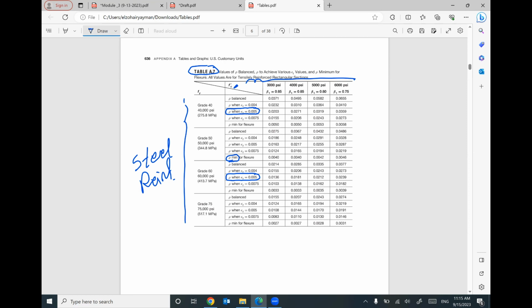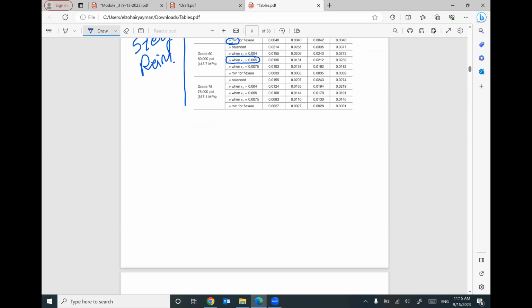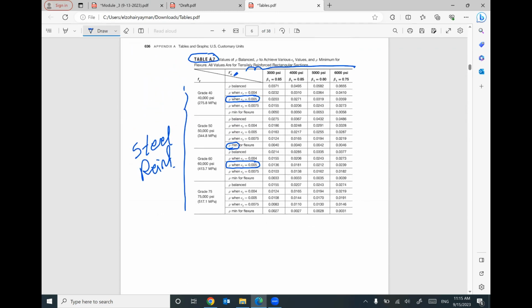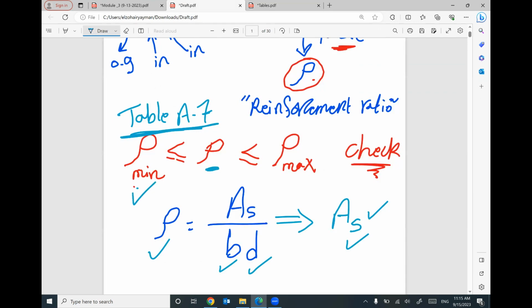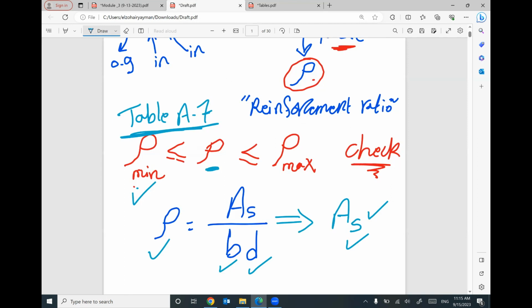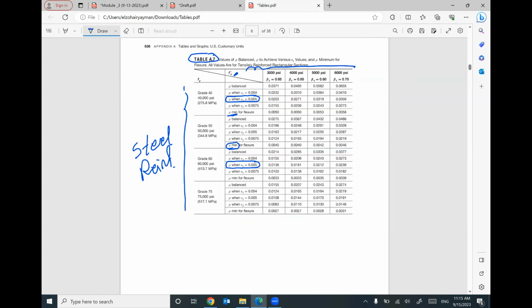That makes sense? I do prefer to use this value as your rho maximum. So we have rho minimum, I can put it here. We have rho maximum, I can put it here. And I can check my rho value. So for example,